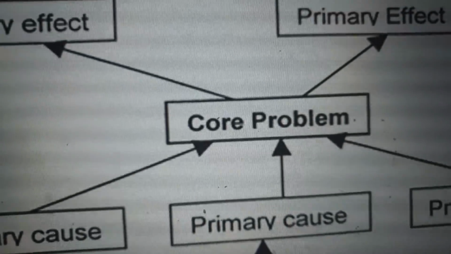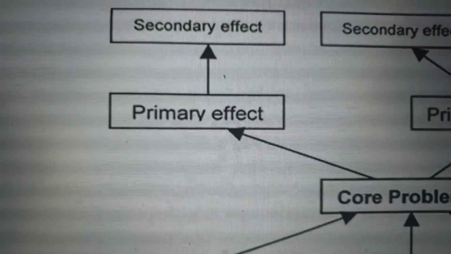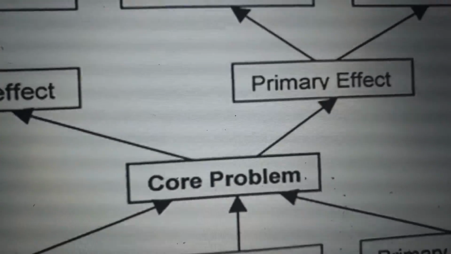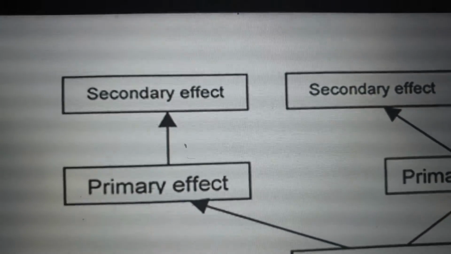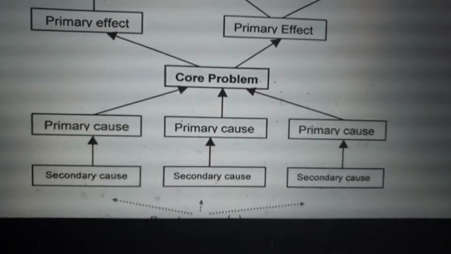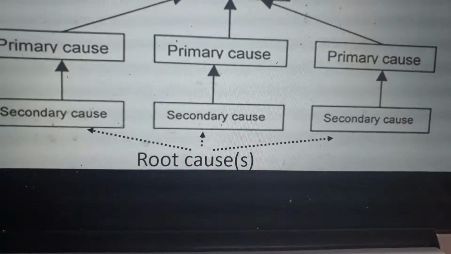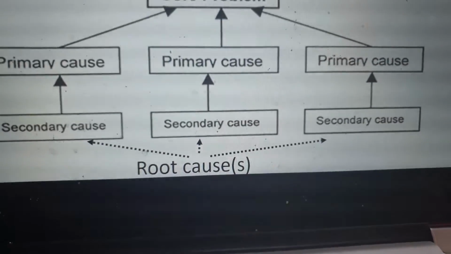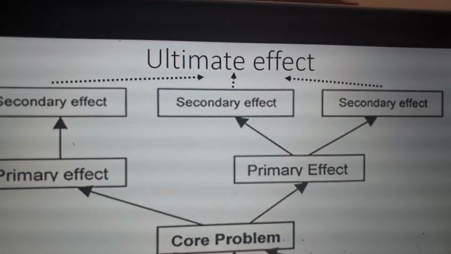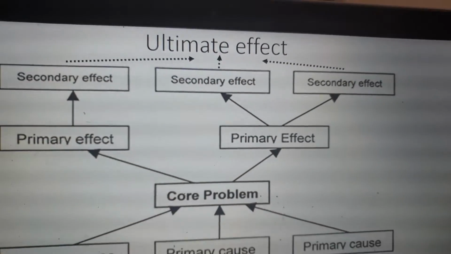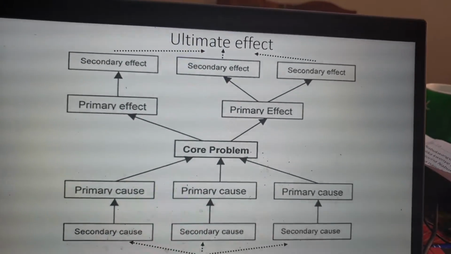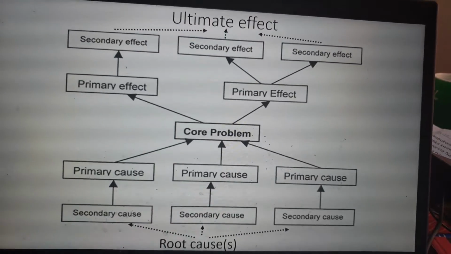And if you leave this problem to continue unsolved, then you have the primary effect, first level effect or immediate effect, and then second effect, and so on and so forth. You can actually go deeper and deeper to get the root causes, depending on what your problem is. You can also go on and on and have the ultimate effect. So this problem tree analysis helps us to dig deep and find the root cause, uproot it.